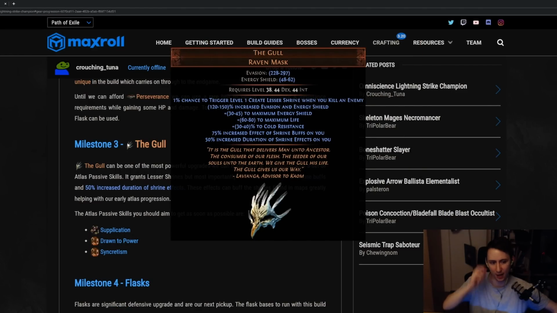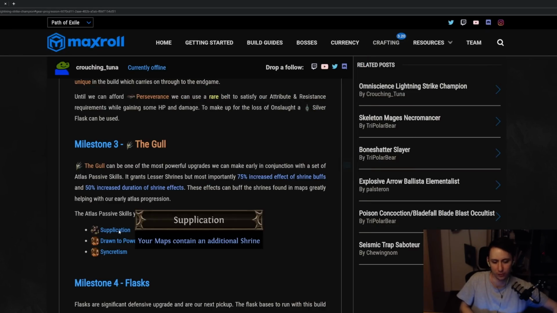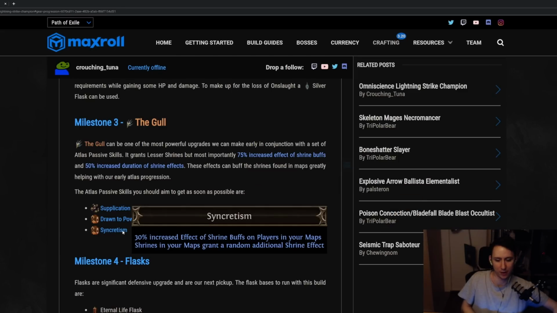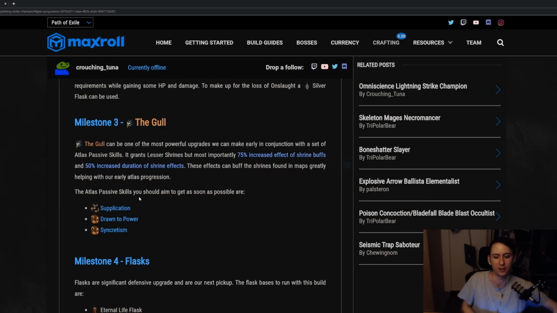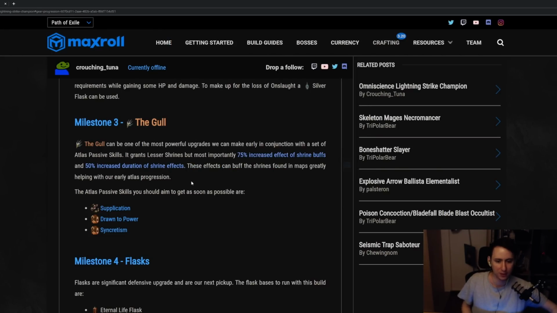The next upgrade that I always like to make is the Gull. The Gull is a very, very good item that at first sight seems a little bit weird. It grants you shrines, and these shrines are going to give you a lot of power. Although the big power that we get is through the Atlas passive skills. That is because the Gull will empower the shrines that we find in maps. So through grabbing these passive skill trees, through supplication, drawn to power and synapticism, we will always have shrines in our maps, and whenever we grab the shrines, the duration of them is extended, and the effect is also extended and buffed by the Gull. So essentially it's going to make our mapping experience a lot better,